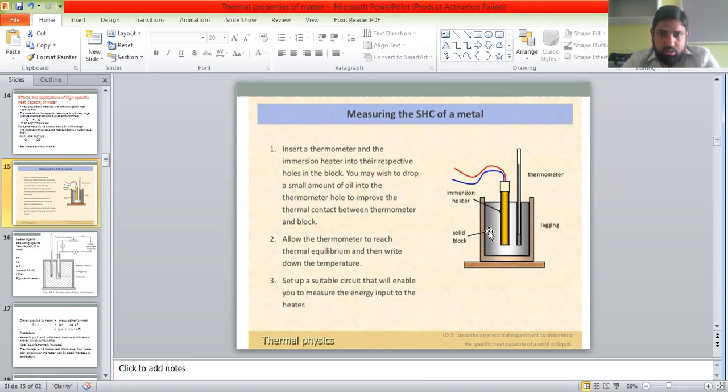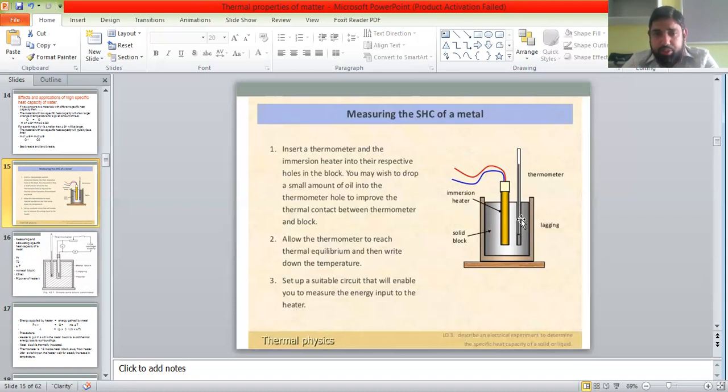Okay, so that heater is connected to an electrical source and it will have a power rating. For example, it's 60 watt or 100 watt, whatever it is, it will be written on it. And the thermometer will be giving you the initial temperature. When you switch on the heater, you can start your stopwatch. After some time, for example 3 minutes, you can switch off the heater, and you can read the final temperature from the thermometer.